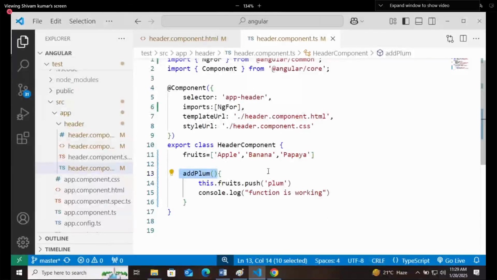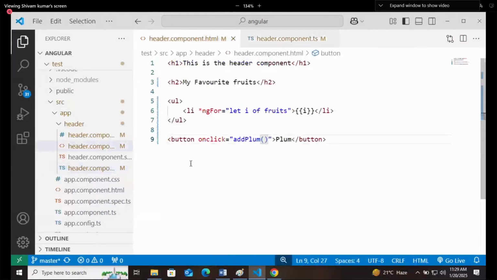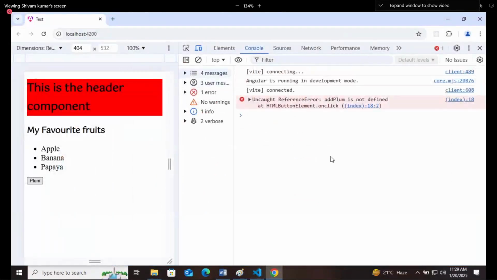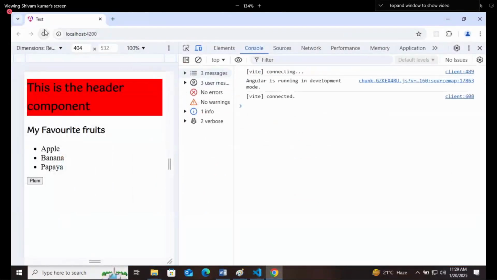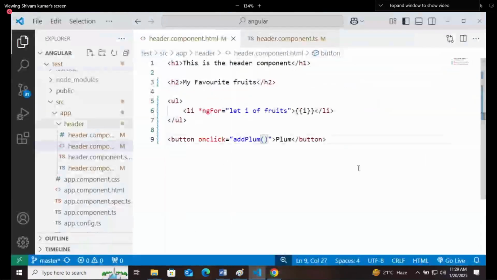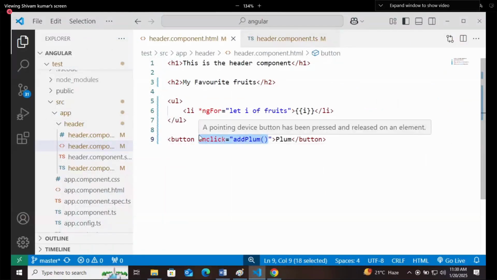We have defined addPlum inside the TypeScript, but it is saying that it is not defined, but we have defined it, right? Check it again. Again, it is saying that it is not defined. For that, you have to bind this event. In Angular, this is the problem and the same is the solution, that you have to bind this.